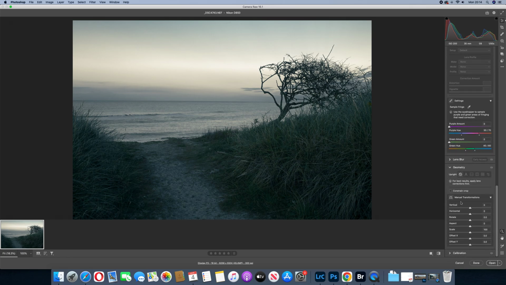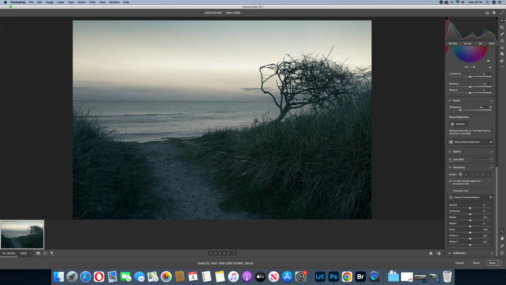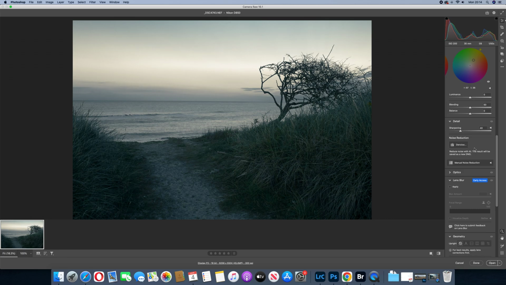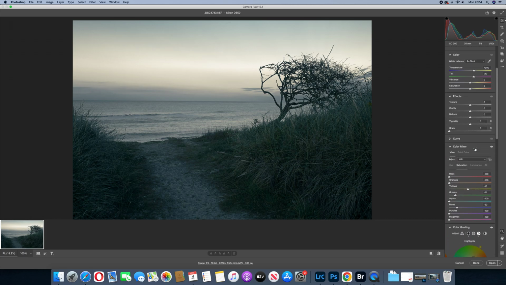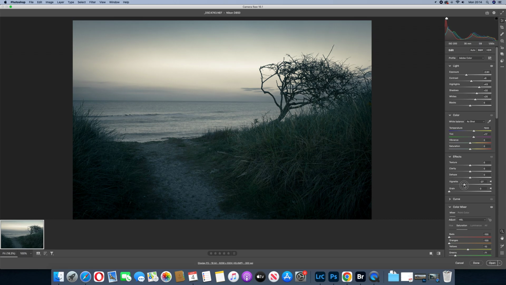Where are we? Go to... I'll find a way around this one. Optics, I think. Gosh, it shows I don't use Adobe Camera Raw too much, doesn't it? Effects, vignette is in effects. Sorry about that, folks. So I'm going to add a vignette here. They move things around from Lightroom to Adobe Camera Raw and it confuses the aged, I'm afraid. Anyway, okay,